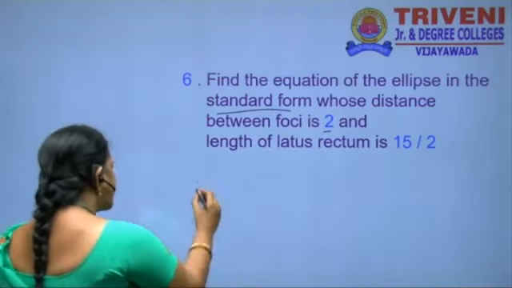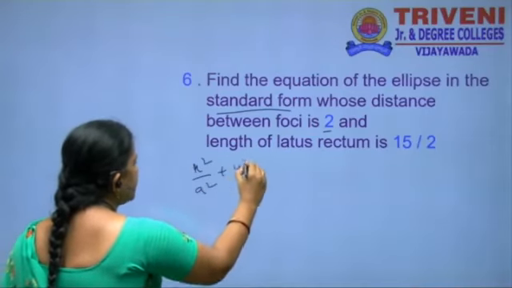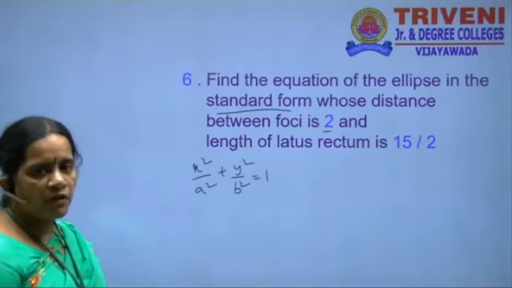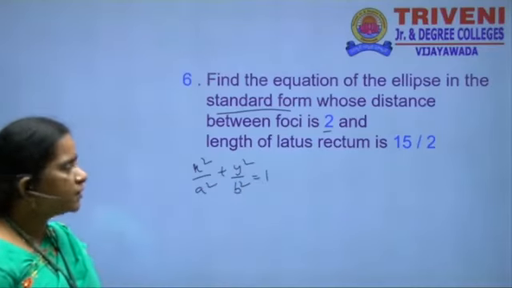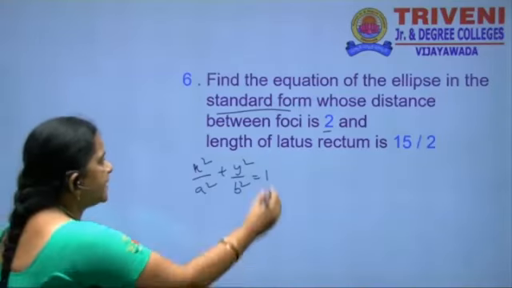x square by a square plus y square by b square is equal to 1. This is the standard form of the ellipse. They have given